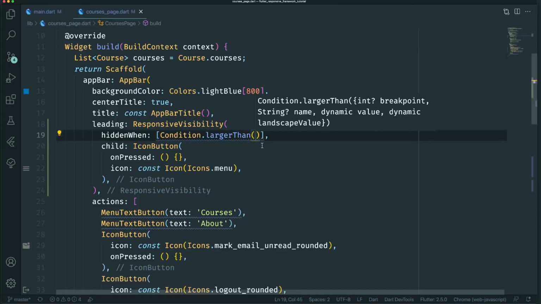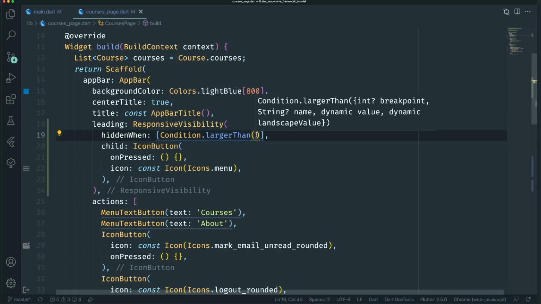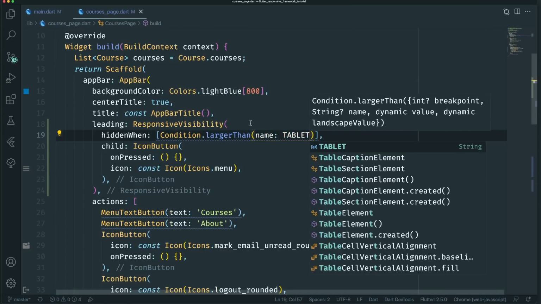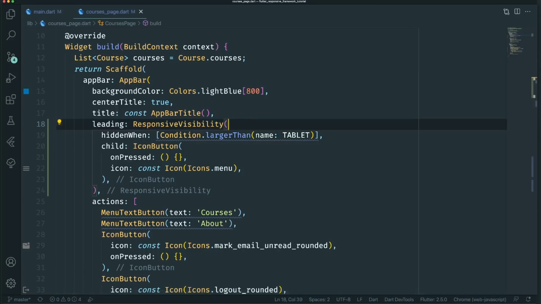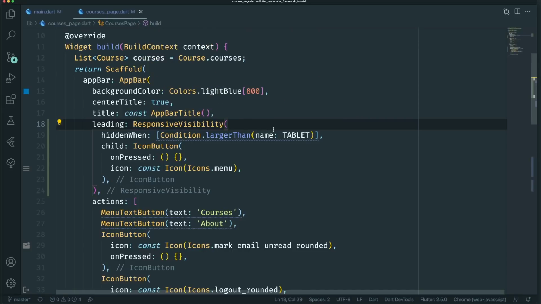And here we need to provide a reference to our breakpoint, and you can either use the breakpoint value or the breakpoint name. We're going to use our reference name, which will be the tablet constant. Amazing. We're using hidden when because by default, as you can see here, the visible argument is set to true, which means by default, this button will be visible and only disappear when the condition we specified here